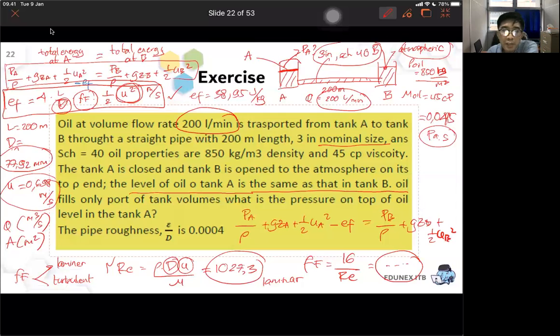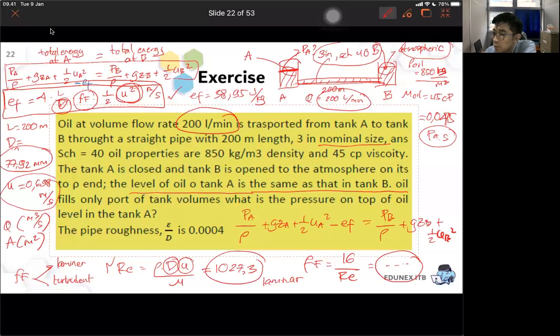Previously, when you were calculating the EF, you analyzed the part from the transporting pipe. But now, when you analyze the Bernoulli from point A, which is at the top point of the oil in tank A, and point B, the top point of the oil at tank B, you are only comparing these two points. So this one,